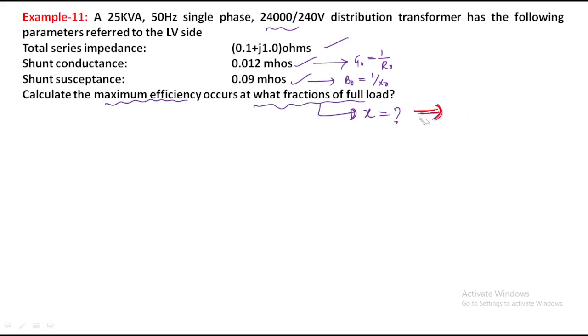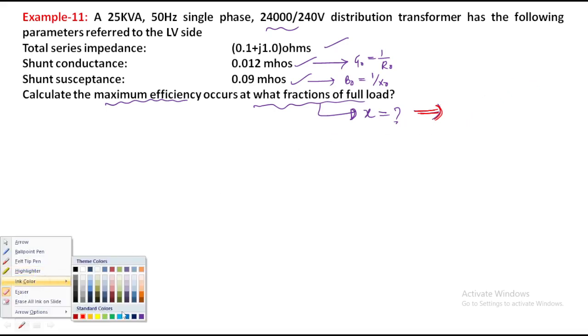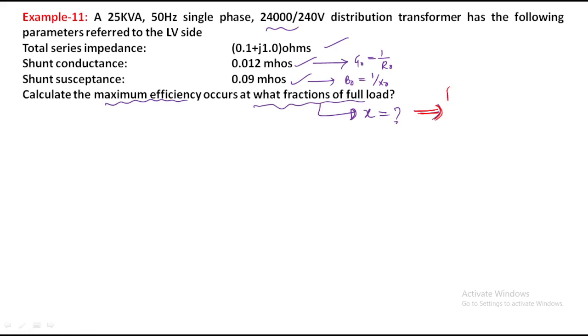We have a formula: the fraction of X corresponding to maximum efficiency is equal to Pi by PCU. We have a formula like this, square root of Pi by PCU, that's it. So, given that